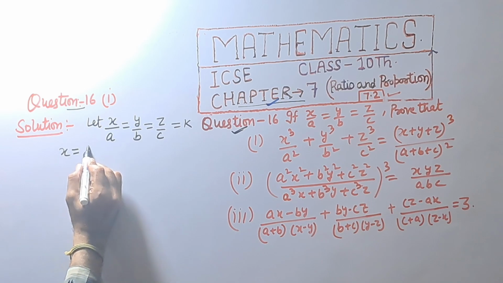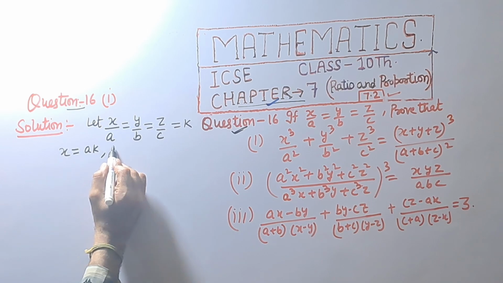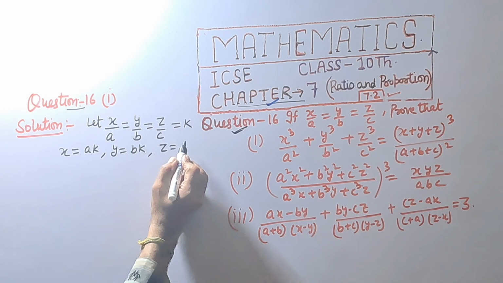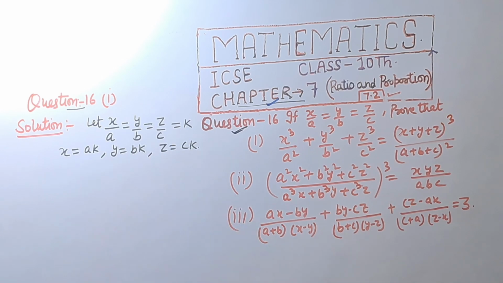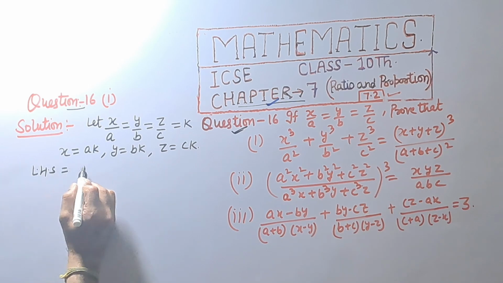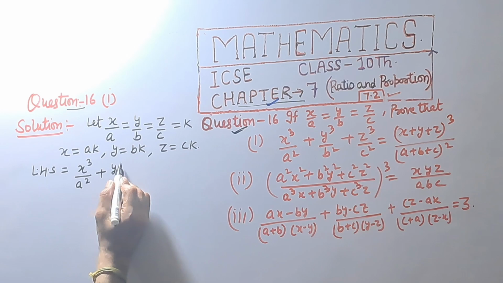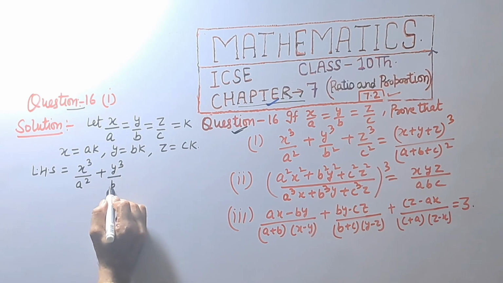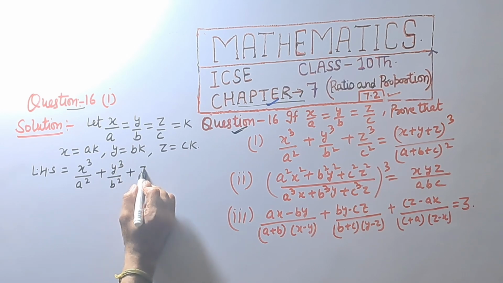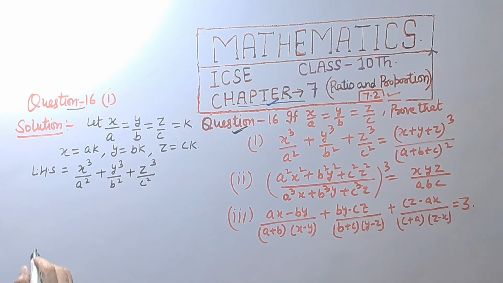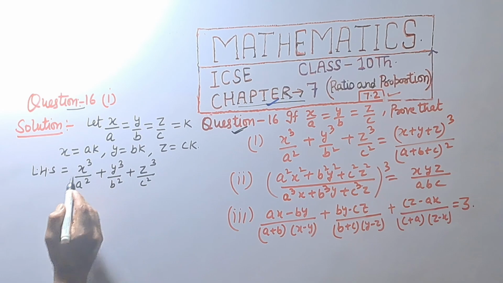Then x is equal to ak, y is equal to bk, z is equal to ck. Left hand side is equal to x raised to power 3 upon a raised to power 2 plus y raised to power 3 upon b raised to power 2 plus z raised to power 3 upon c raised to power 2. X is equal to ak,